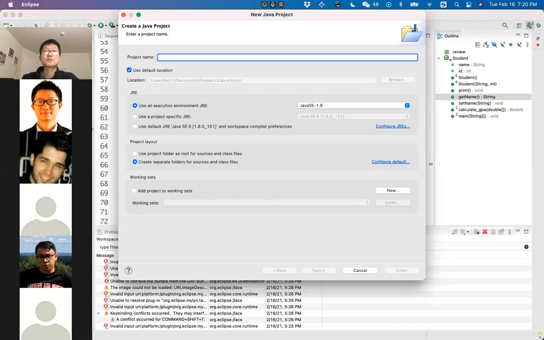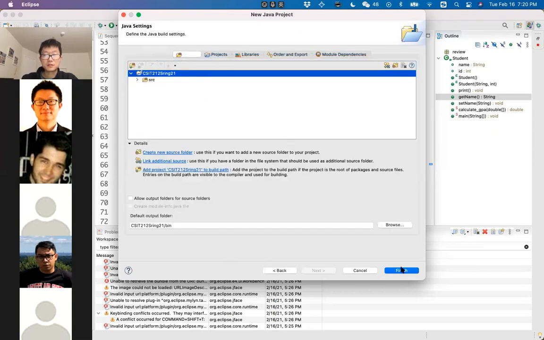Okay, I can see it's fine for me. So you can take a project as a workspace. It's like a folder that includes all of your code and all of the binary programs based on your source code. Let's give the project a name, say IT212 Spring 21. You can actually give it any name. Go next, and then finish.